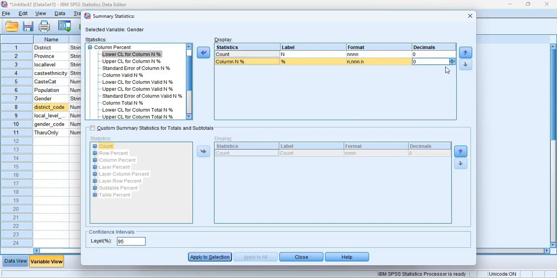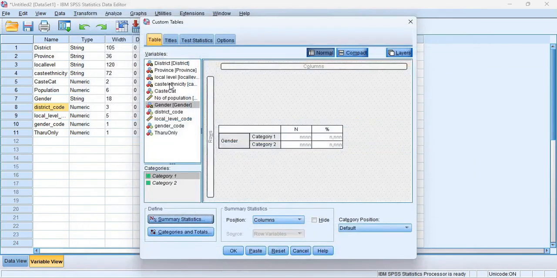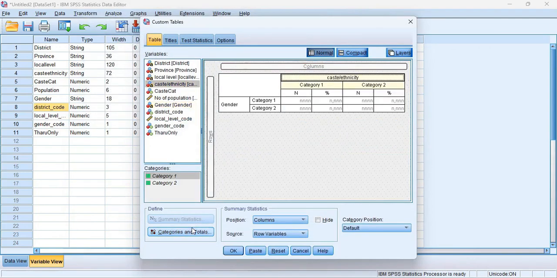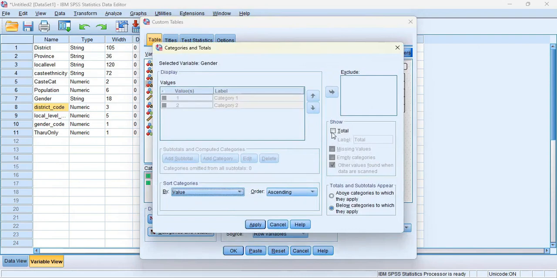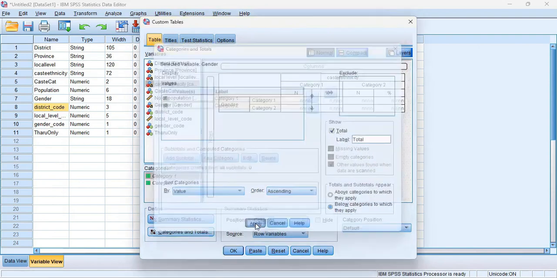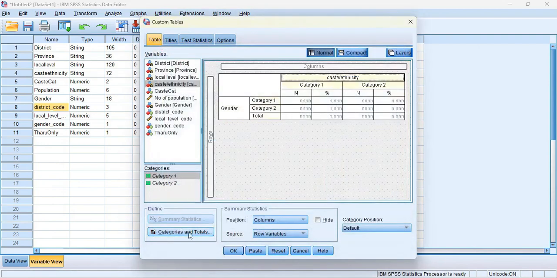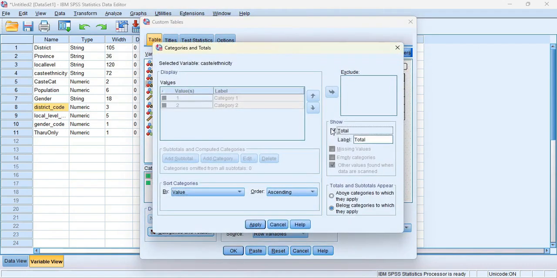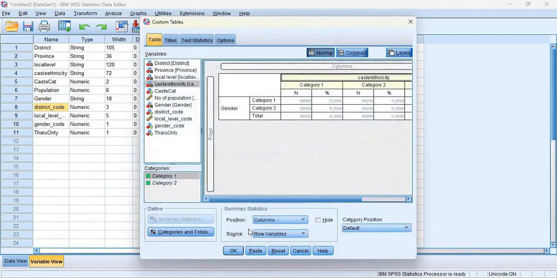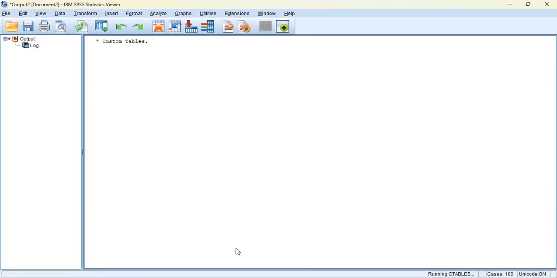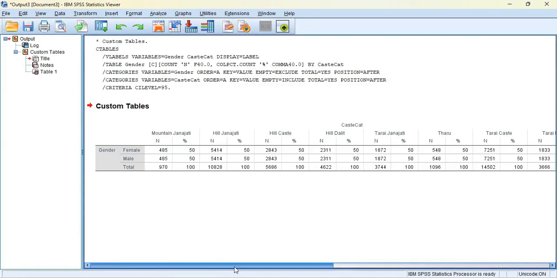If you do not need the decimal after the figure, then you can bring it down to 0 and apply the selection. I'm going to cross tab the caste and ethnicity with this gender column total, and then you can check on the total box. And if you also need the row total, you can also check the row total, and you can click OK to see the results, and then you can